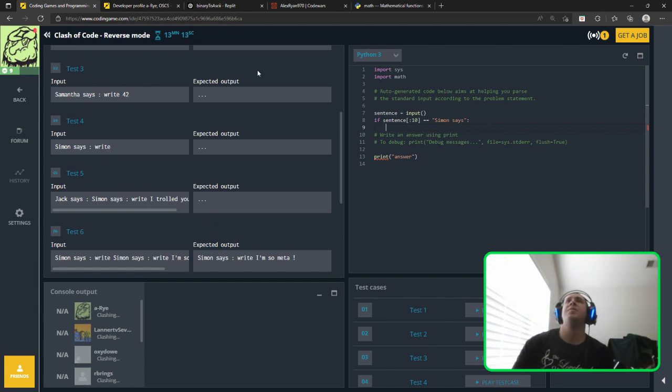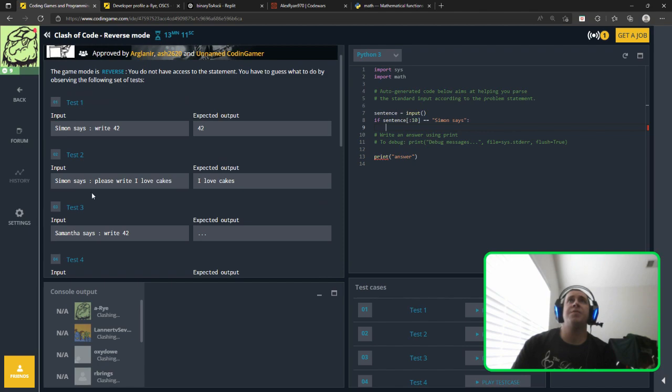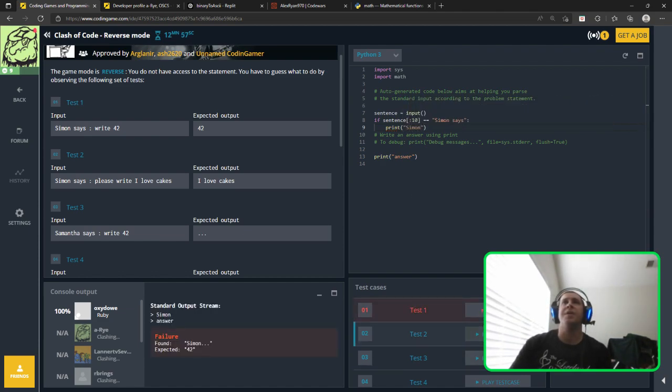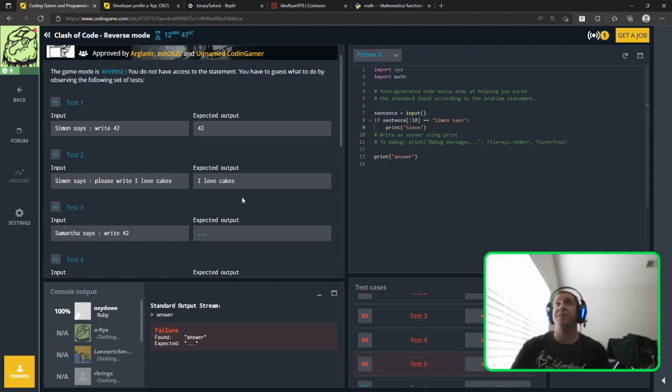So now you need to chop off somehow to after right. Now let's just print Simon just to see if we got that right. So we do have it for the first one, do have it for the second one. Good. Okay, so we are targeting it correctly. We are getting the Simon Says. Now we need to print